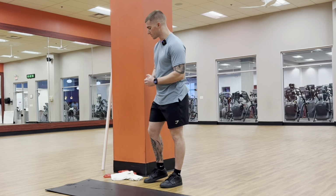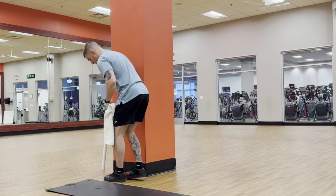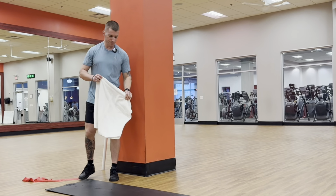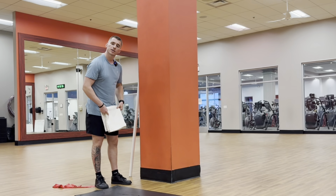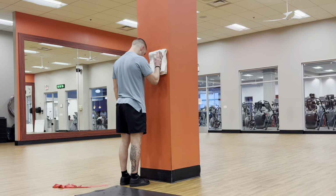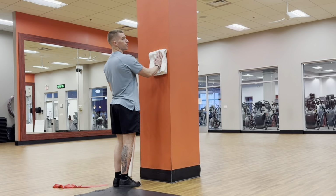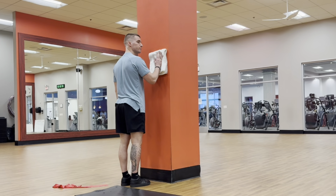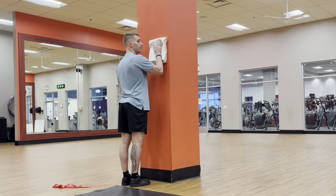So the next exercise we have are the wall slides. And I will say these are not fun. The first one's not so bad, but the second one when we get there and I show you, it really sucks. So what we're gonna do, we're gonna take an arm, and make sure our feet are directly underneath us. We're not leaning into it, and we're not so far away. We wanna almost be nice and parallel from our feet all the way up through our back, through our spine, through our neck. And all we're doing now is we're taking a towel and we're doing wall slides